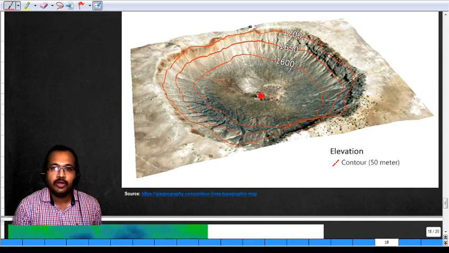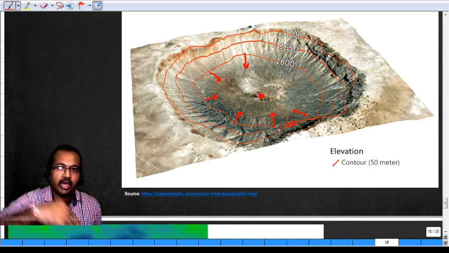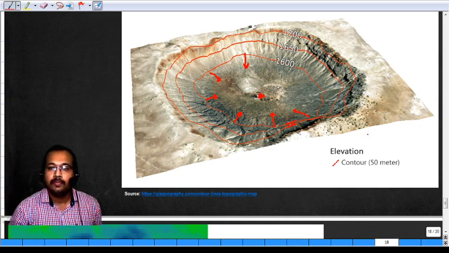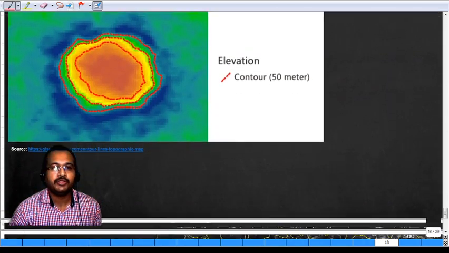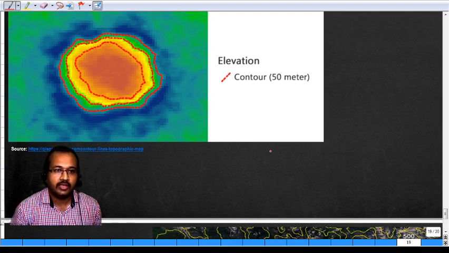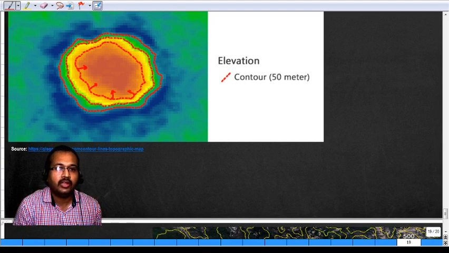So here at this point, if you calculate the directional derivative, every value of the gradient will be directed towards this point. And since the distance between these two contour lines is very small, there will be a sharp slope. So these are the general interpretations of contour lines, and here we can find the value at each point on the contour line, and the direction will be given towards the steepness.